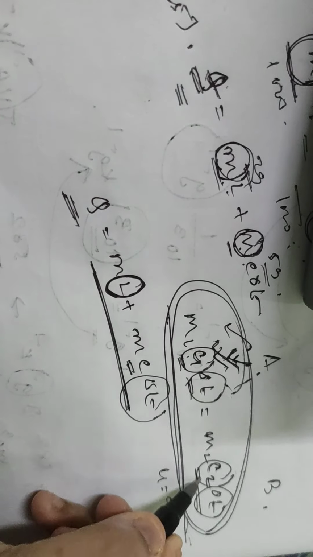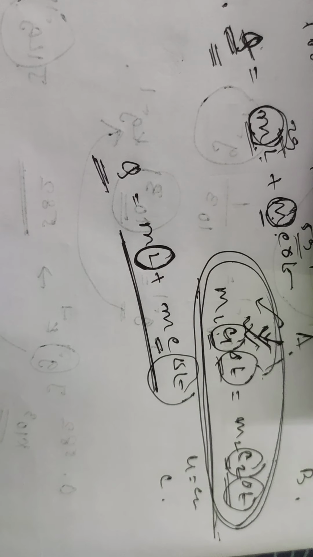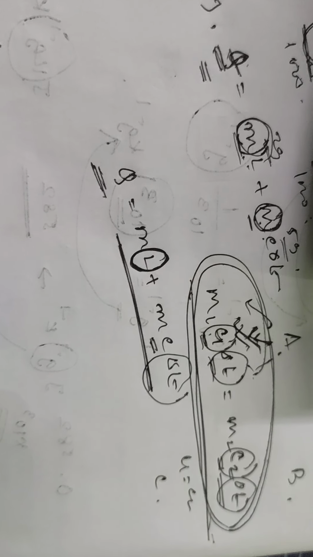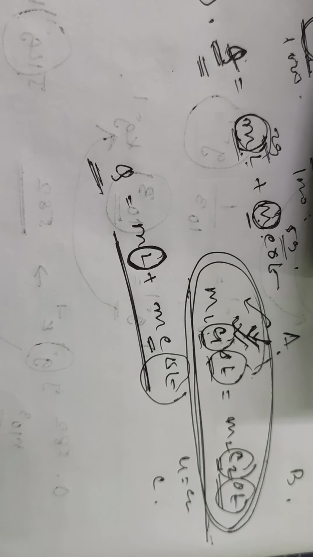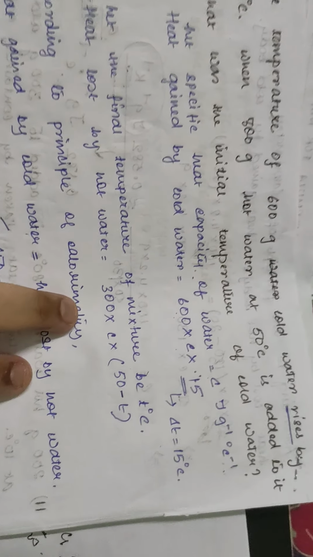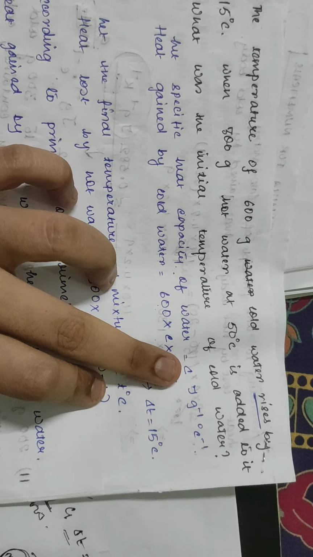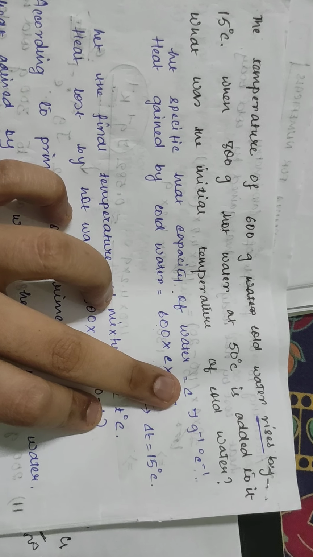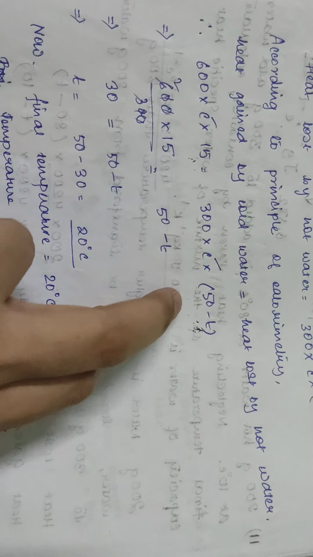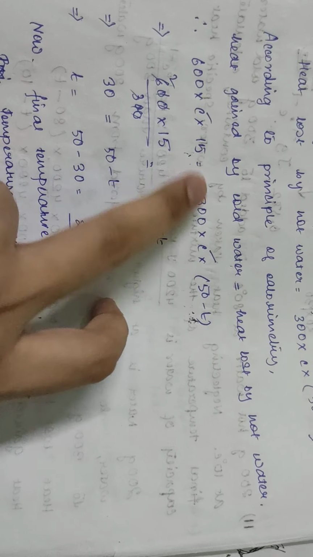So instead of C1, C2, we can straight away write C, as in the previous discussion which we had in 11A numericals. I have used let specific heat capacity be C, and I have not substituted the value of C because it got cancelled. I am speaking about this sum 11A. C got cancelled because both are water, cold water, hot water, so specific heat capacity will be the same. If suppose one was water and another was copper, then we would have to substitute the values.